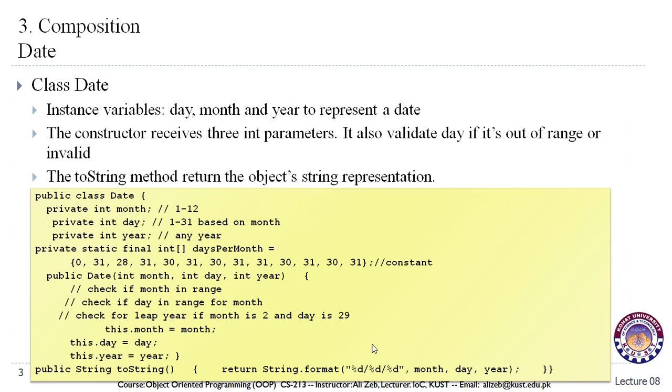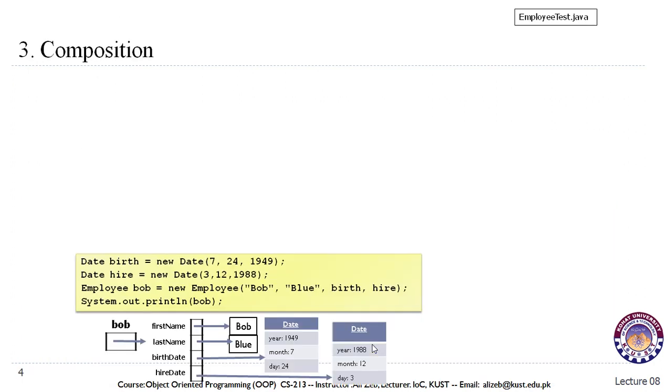The toString method returns the object's string representation. We have looked at the toString method previously. What it does is it returns us the string representation of the object. Now composition,